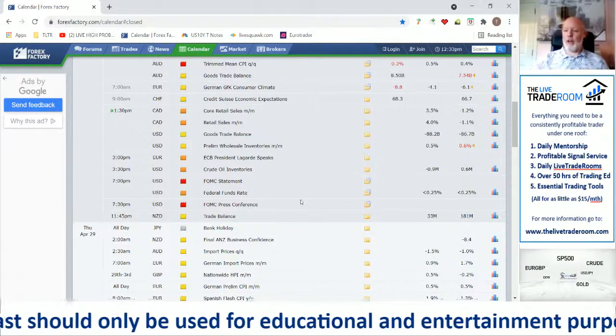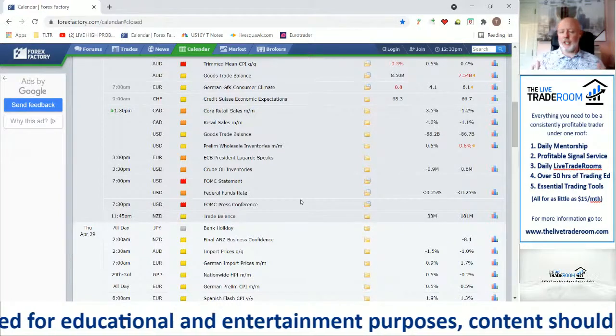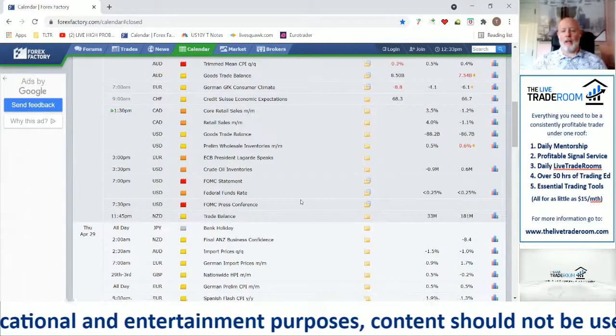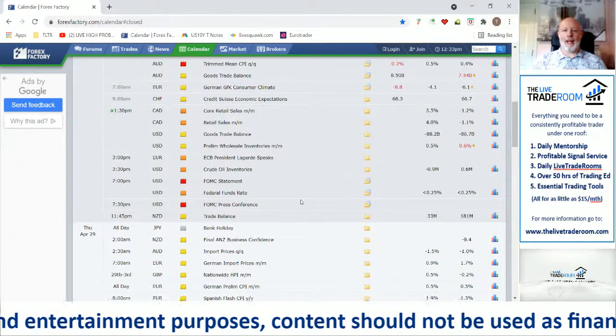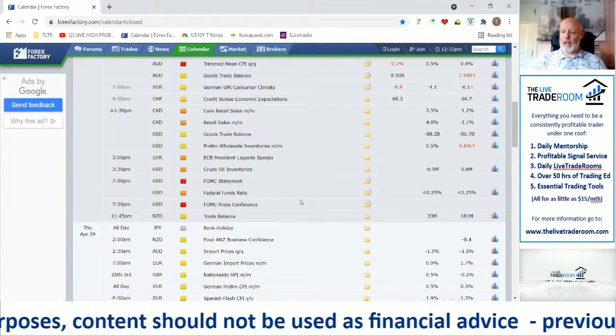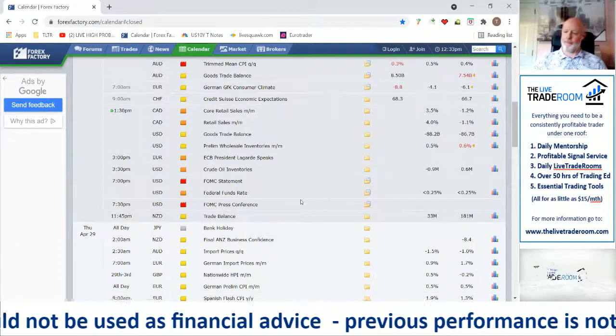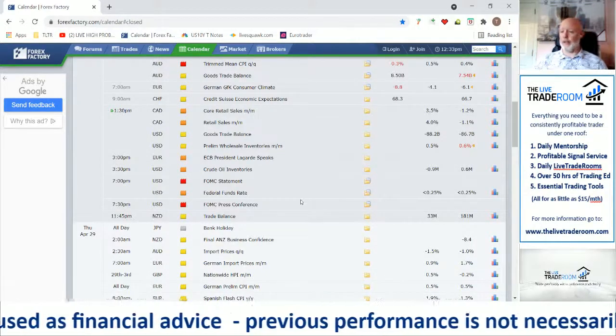So just to give you a bit of context to this news event, for central banks, it's probably the main central bank event, certainly in the month. So it's worth taking note of a lot of the sentiment that comes out of this news event and the price action, of course, as well.